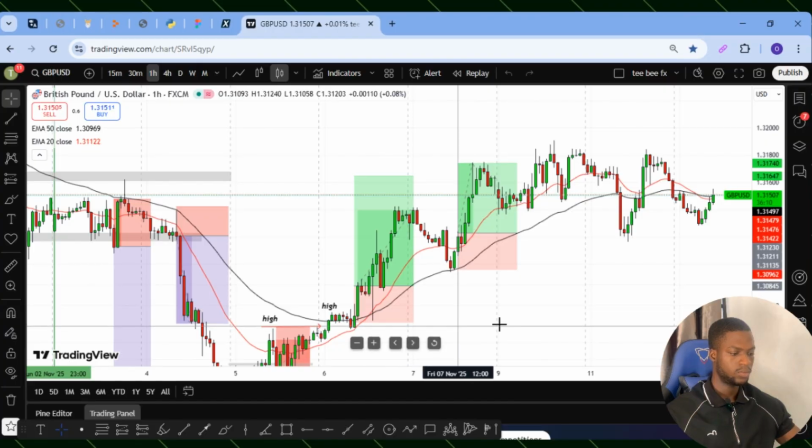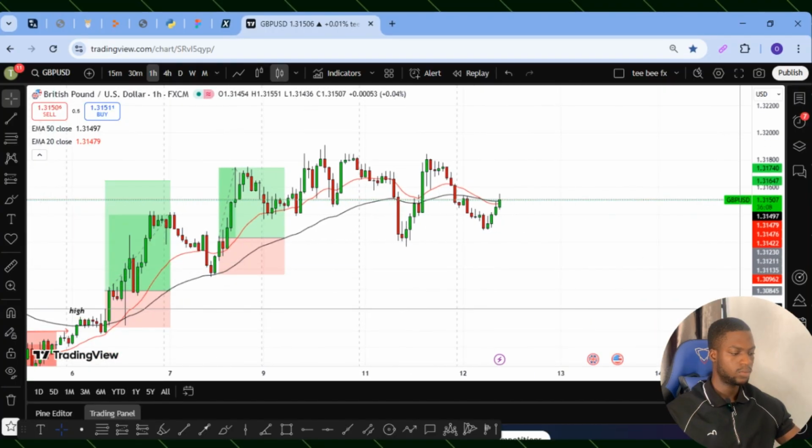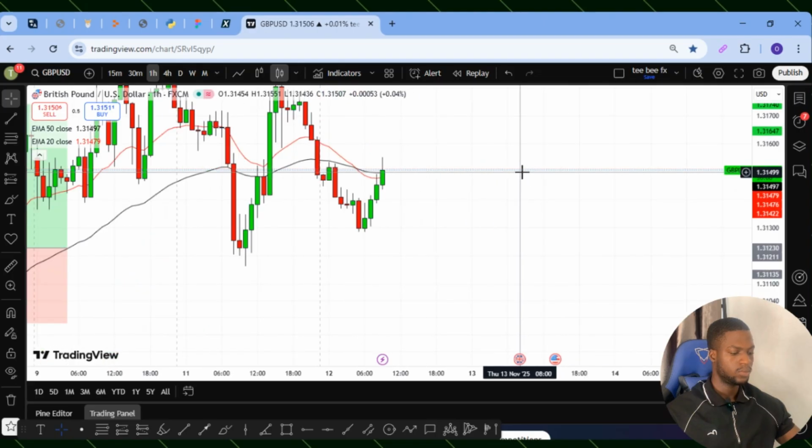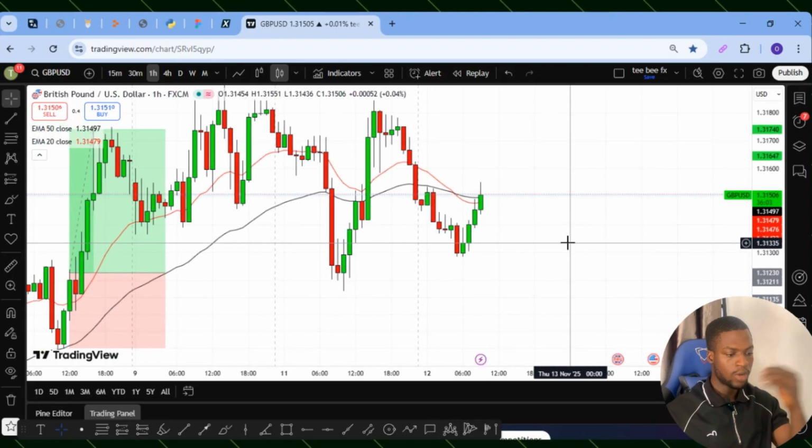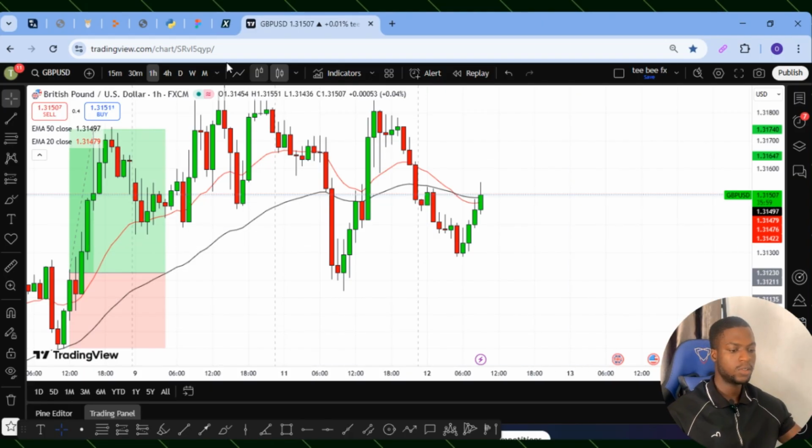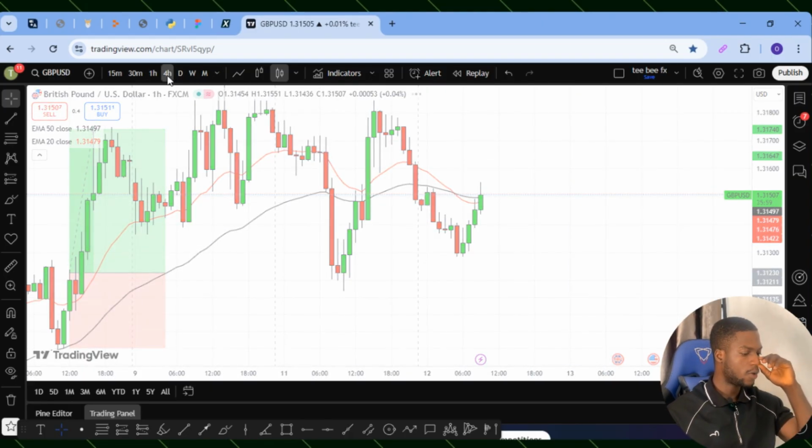Okay, let me show my screen so that I can show you how I generate the signal. So let's do our top down analysis from the 4 hours down to the 1 hour, because I'm a day trader obviously. Going to the 4 hours,